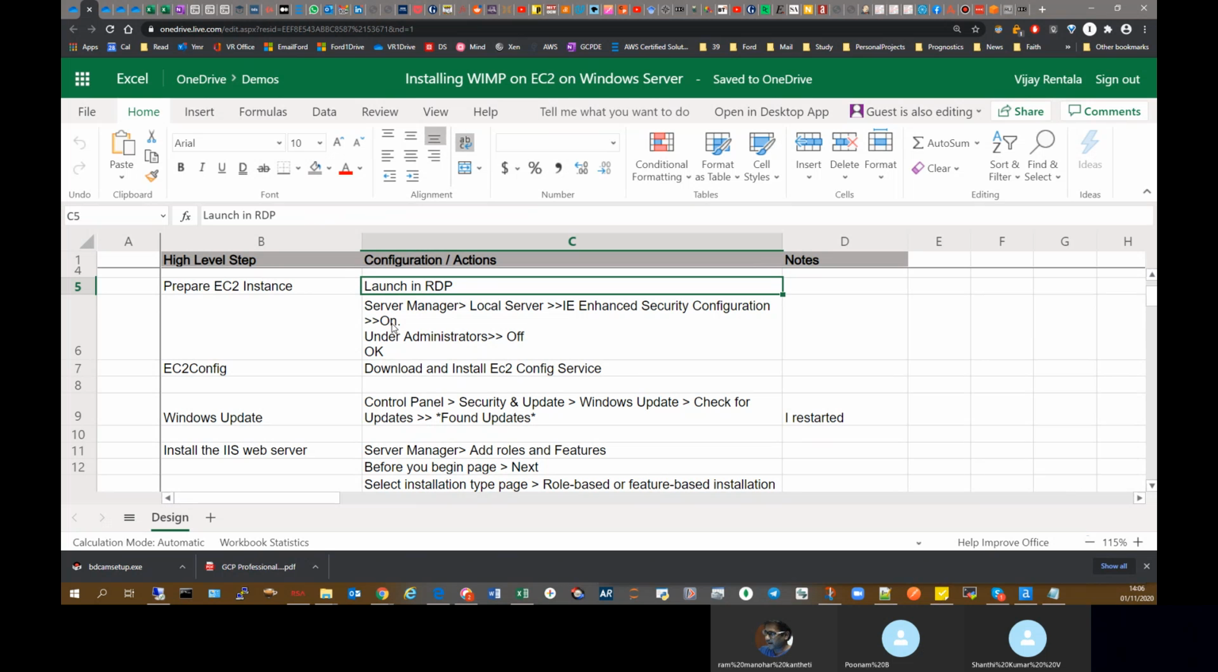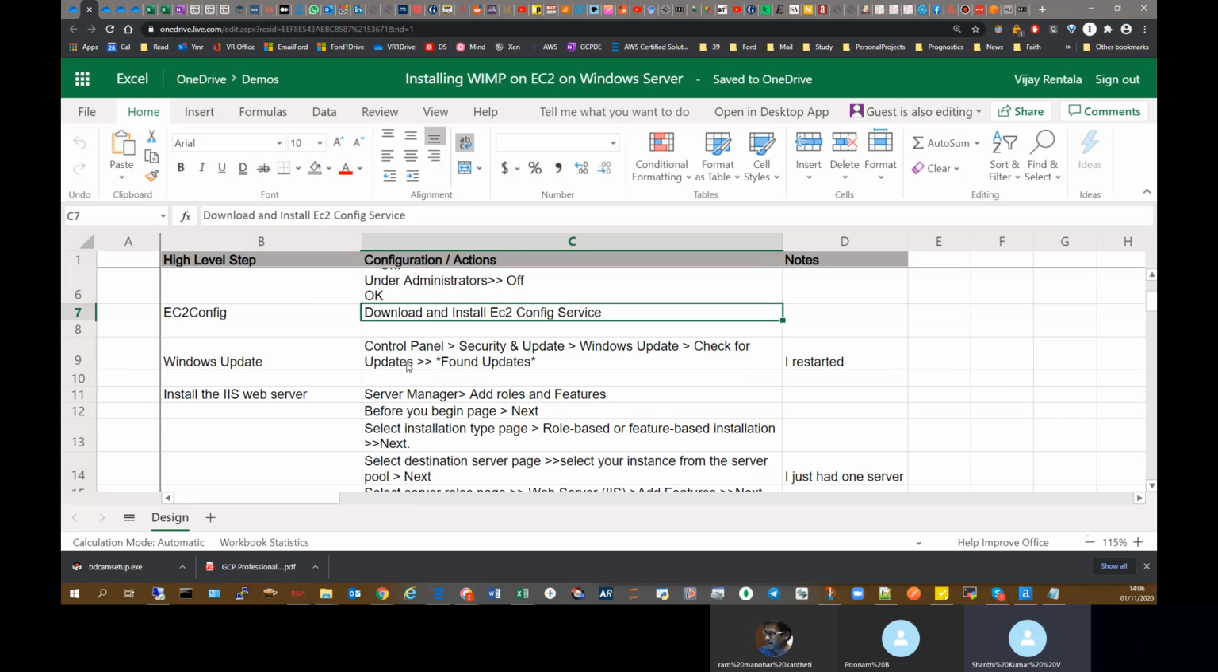So I just click on it and it opens another window, and there you can see this under administrators. There are two options there. One is IESC, and then the other one is administrators. Okay. So basically, you switch this on and click on OK. You come out of it, and then